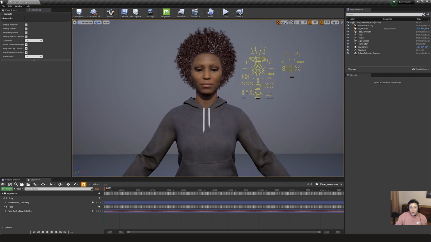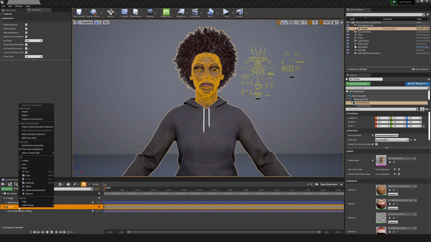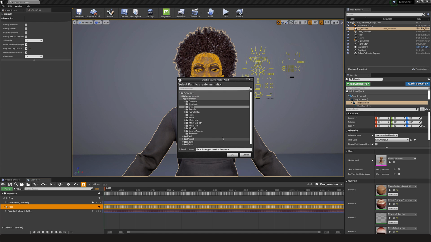Because we are baking on the curves, we can invert back animation from one rig to another. And in this case, the animation is running on the face board, and we will bake it to the curves. We'll save the animation.